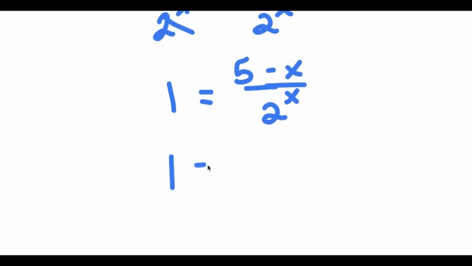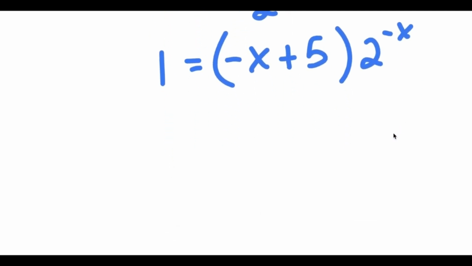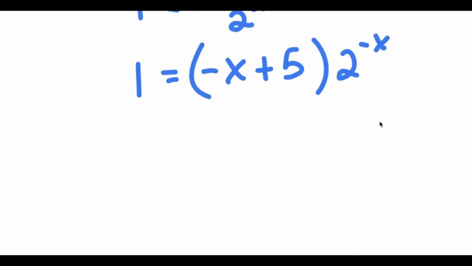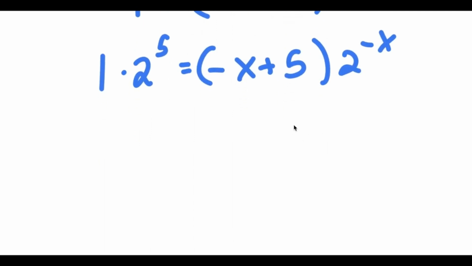Now, this is the same thing as negative x plus 5 times 2 to the power of negative x. And if I multiply both sides by 2 to the power of 5, I get 1 times 2 to the power of 5 is equal to negative x plus 5 times 2 to the power of negative x. And 2 to the power of 5 is 32, so I get 32 is equal to